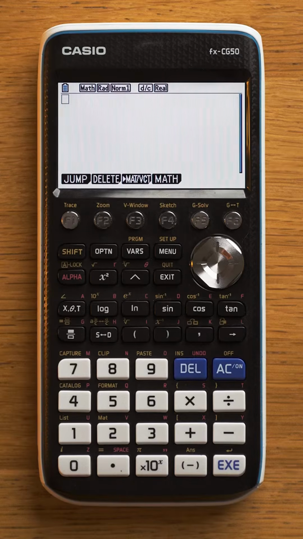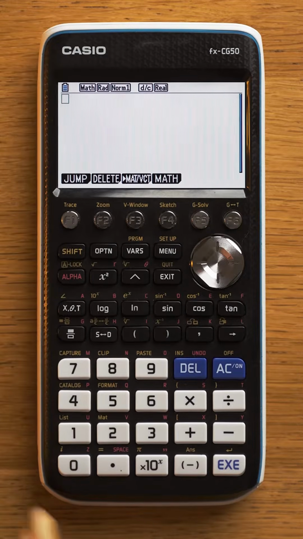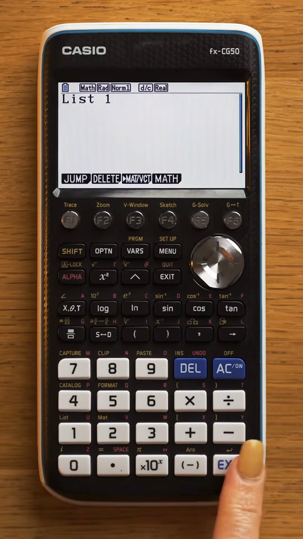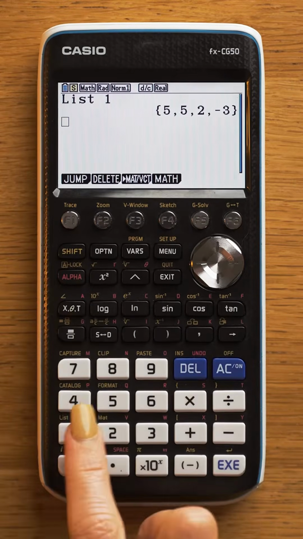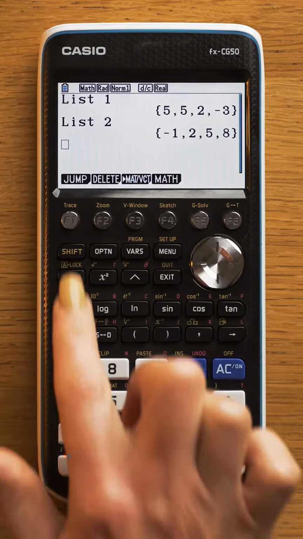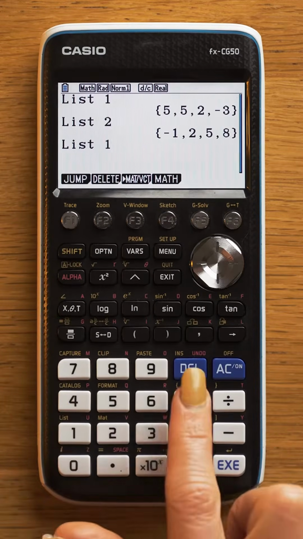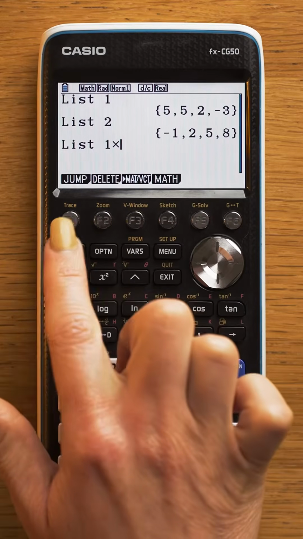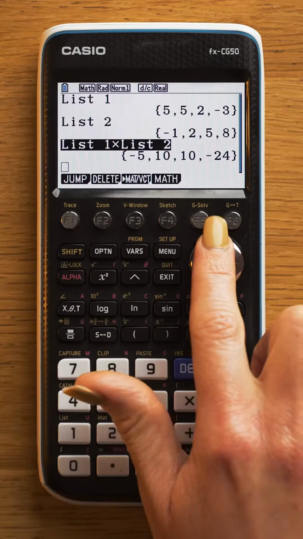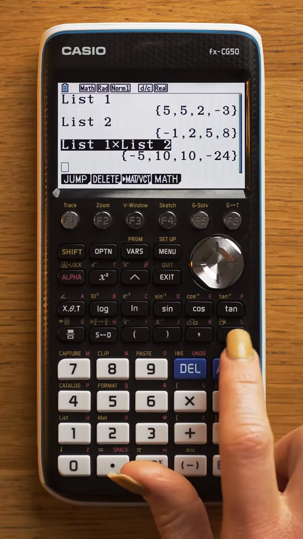Let's talk about what you can do with your lists once you've entered them in. You have a shortcut for your lists here, so I can press list and this will print list 1 or list 2. I could multiply two lists together, for example, by doing list 1 multiplied by list 2. And if I wanted, I could even store that using this button here